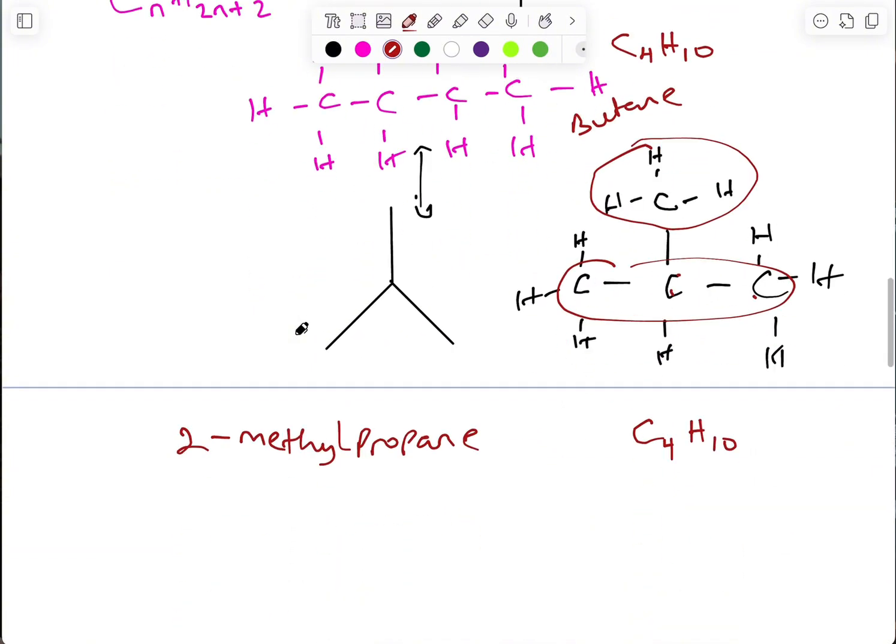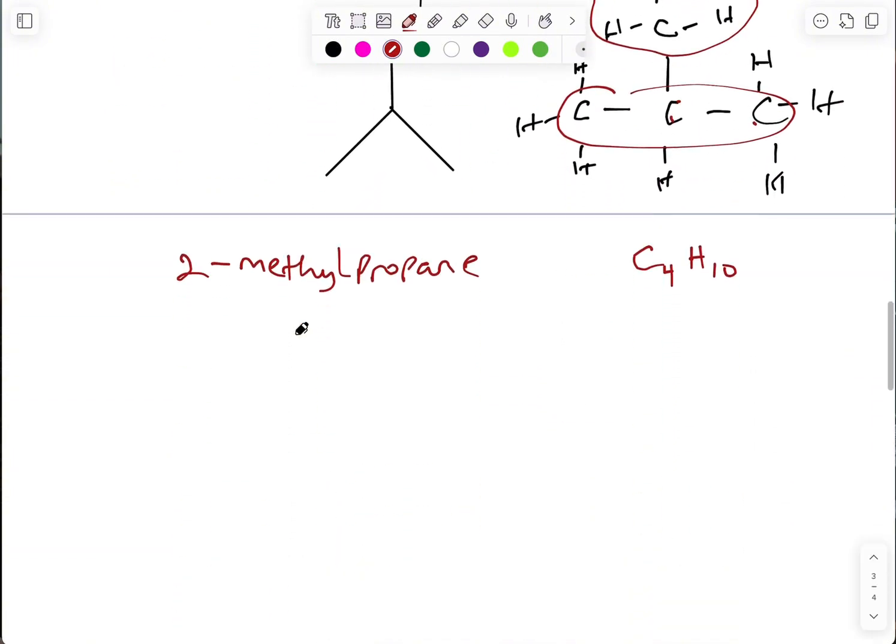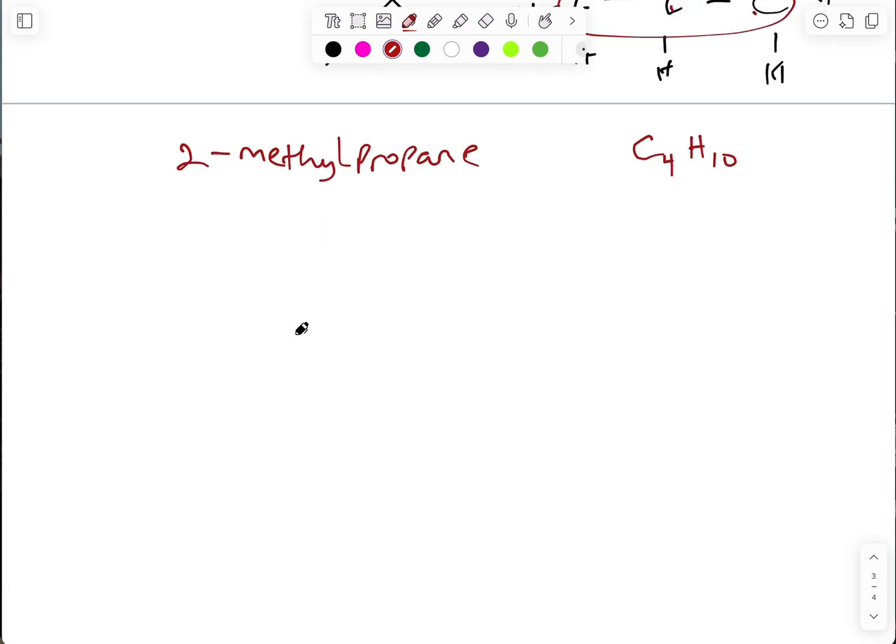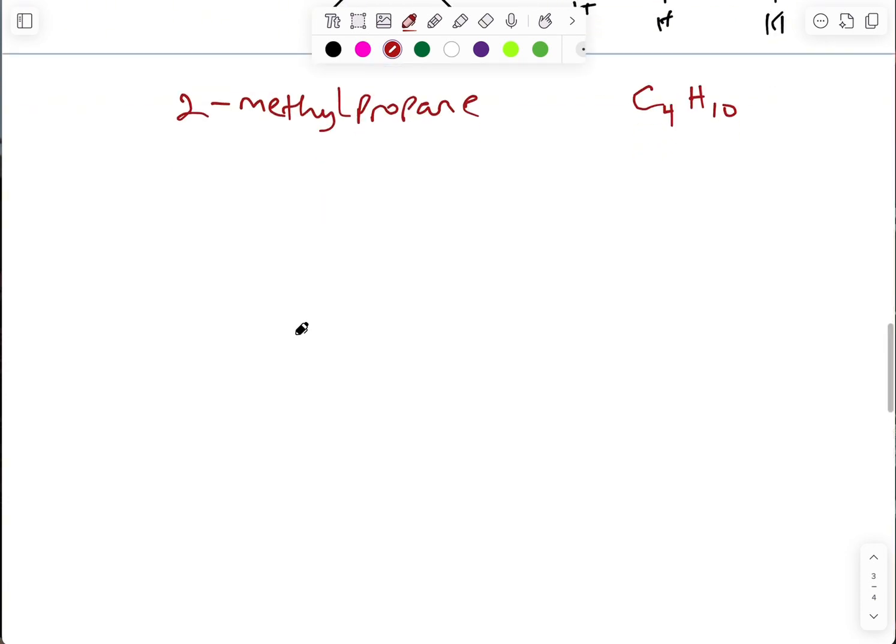So let's proceed. Now, briefly, I forgot to talk about this type of carbons. We have what we call the primary carbons, the secondary carbons, the tertiary carbons, and the quaternary carbons. Now, they are determined by the number of carbons that they are attached to. So for instance, if you look at this structure,